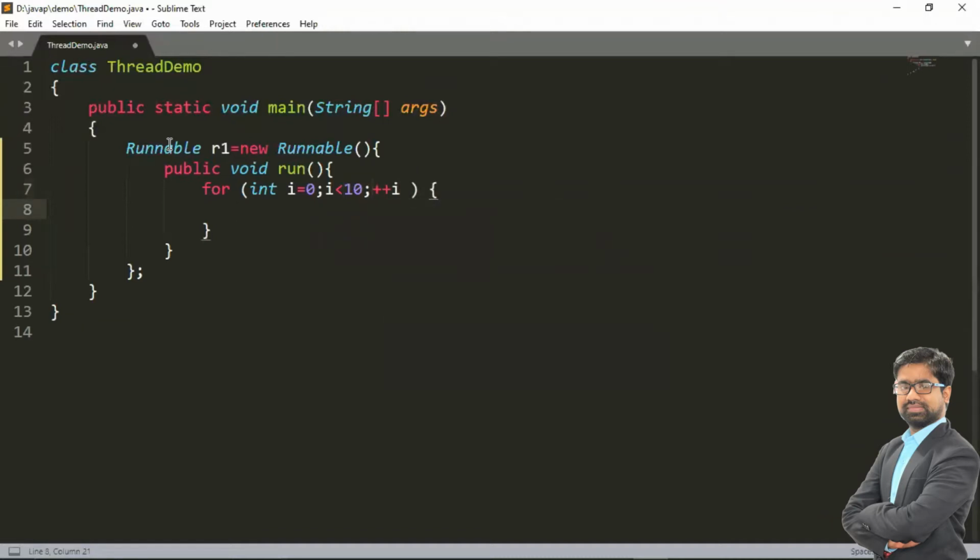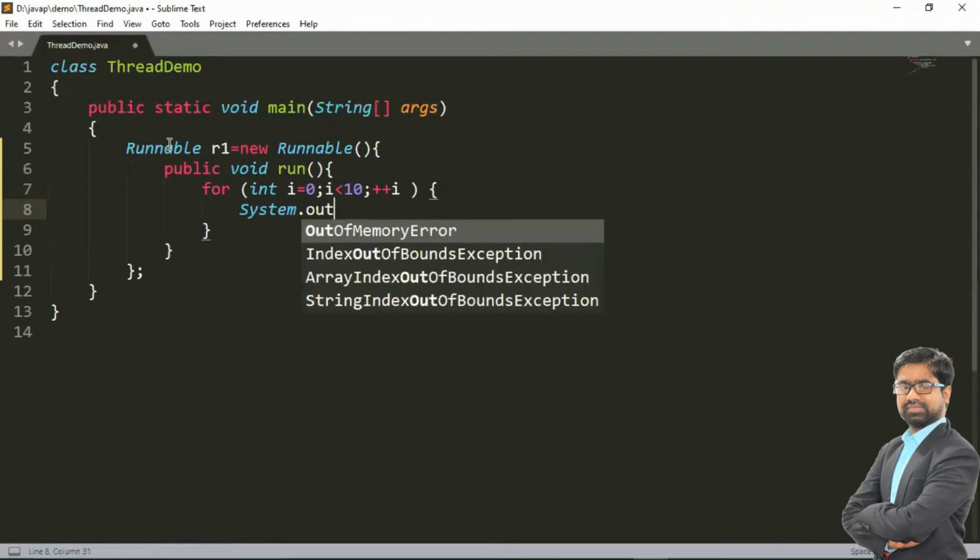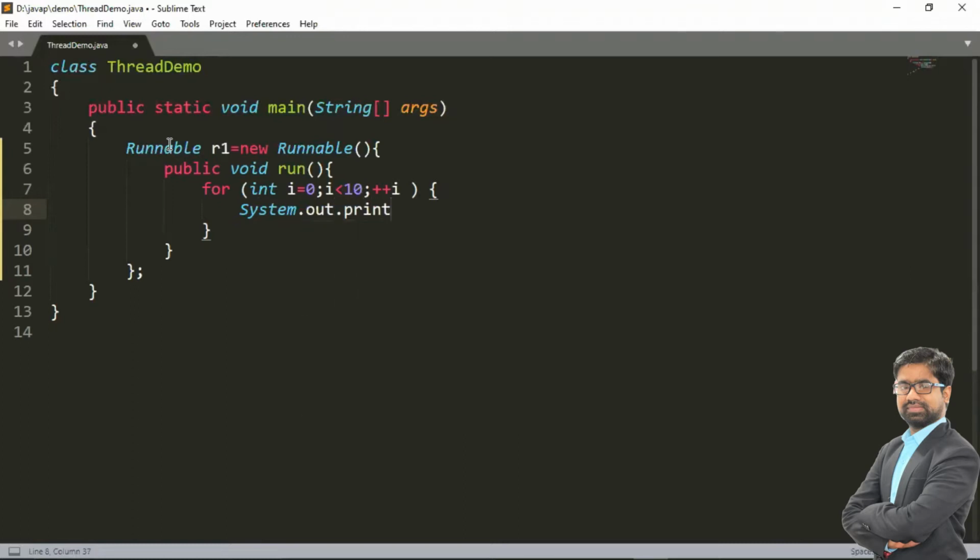Now we are printing a message so that while executing the thread, some message will be printed. System.out.println, and one message we are going to print: it is a Runnable. And how to print the thread name?